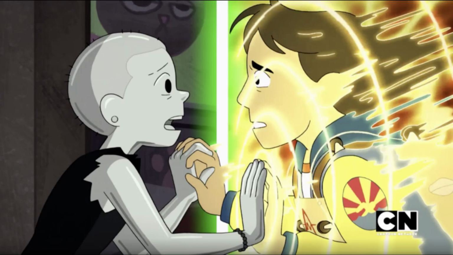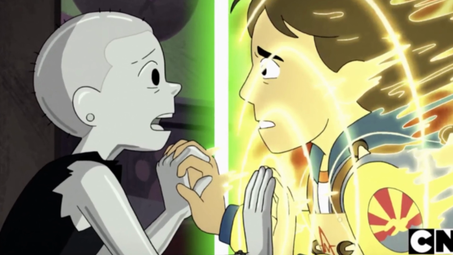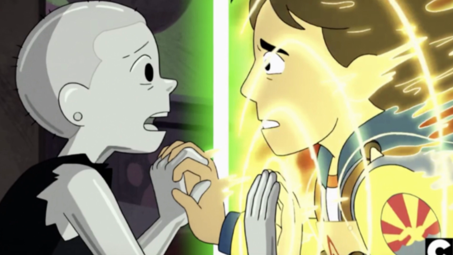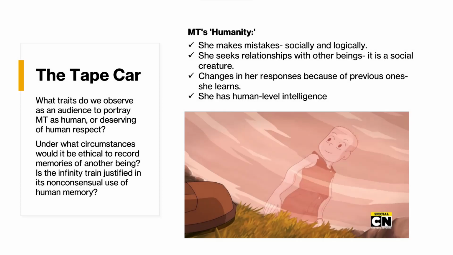Jesse, having seen MT to have her own feelings and complex mannerisms, observed his duty to his friends, prioritizing this duty more than the consequences of breaking her out of the strict system MT had lived her life in. The conditions she endured justified possible consequences, a test to the balance between consequentialism and deontology within virtue ethics. In the episode The Tape Car, I asked two questions. Why is MT regarded humanely outside the main cast of antagonists, and what serves as fair grounds for the use